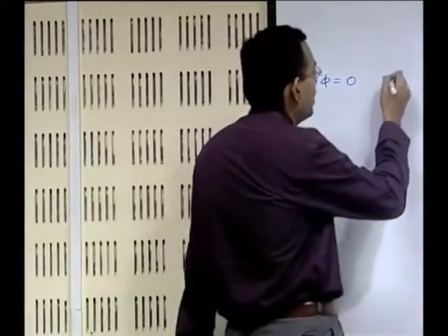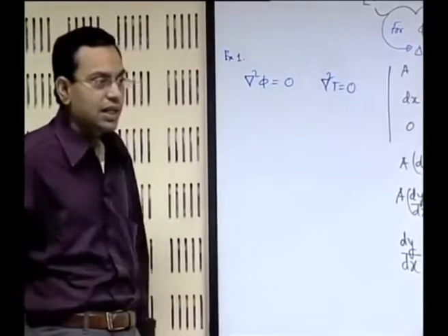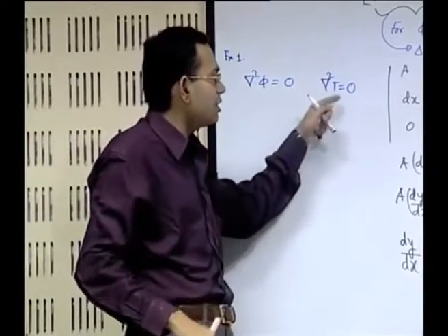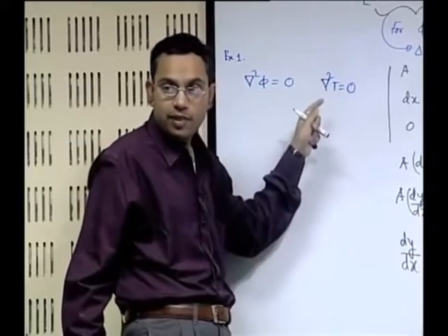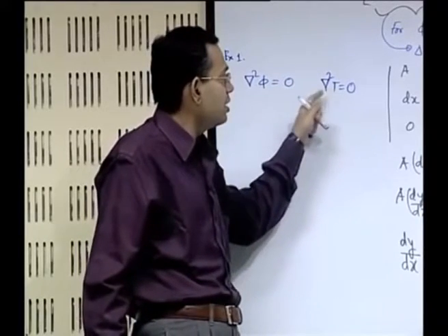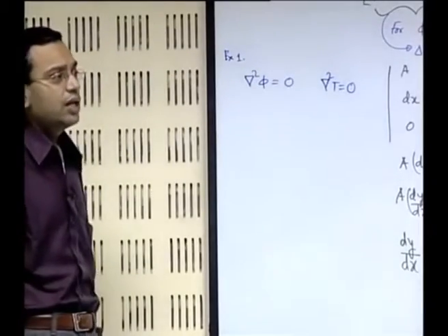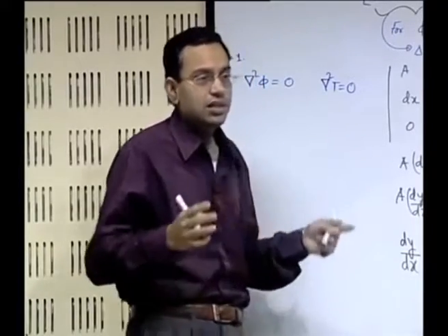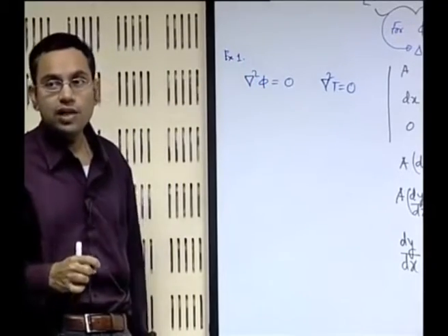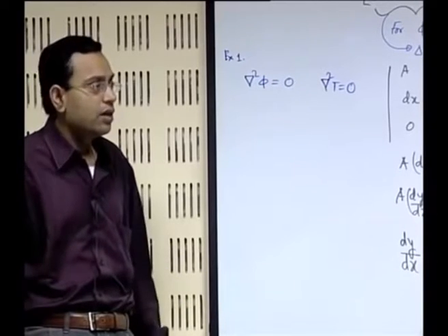So, instead of phi you have the temperature as the variable. Let us consider there is no heat source and the material has uniform thermal conductivity. Then it is del square T equal to 0. Or you could have electrical potential distribution within a charge system. That also may be governed by the Laplace equation.